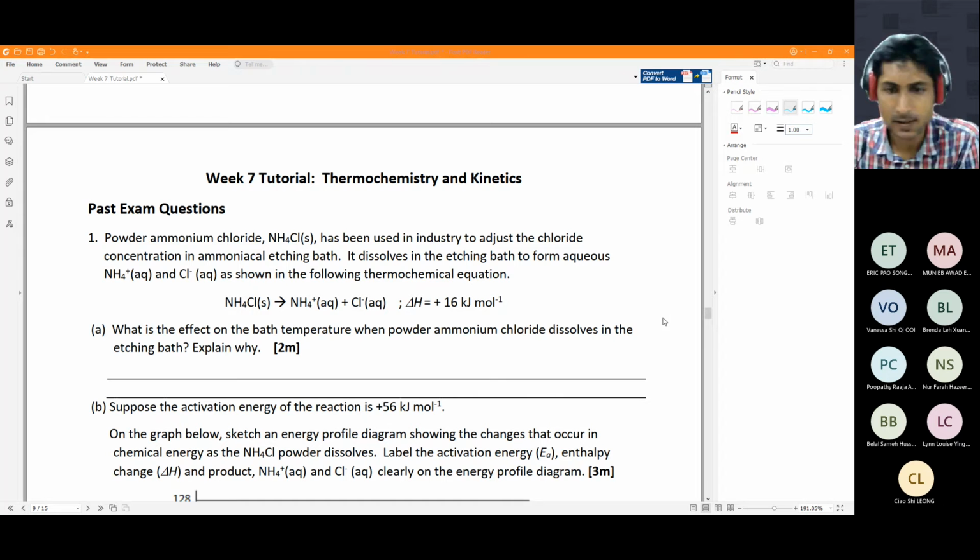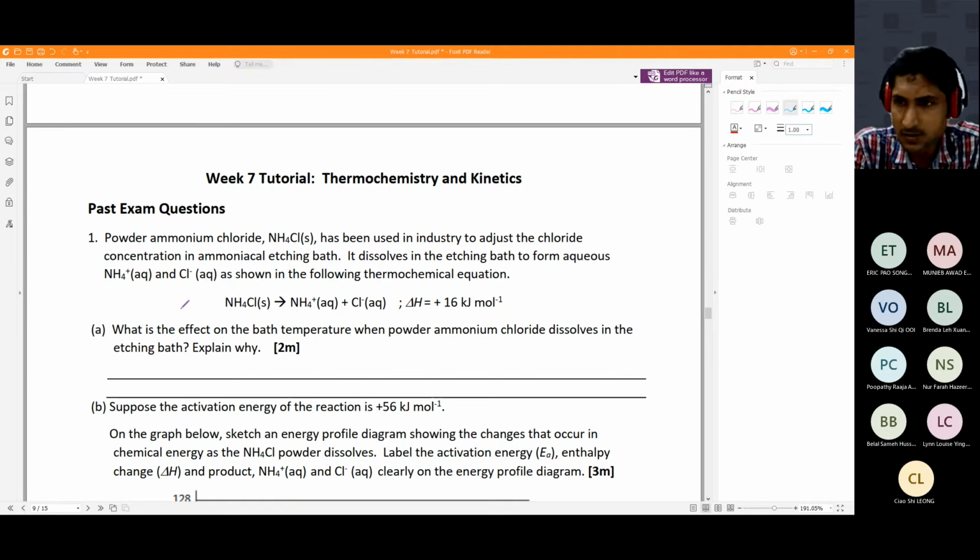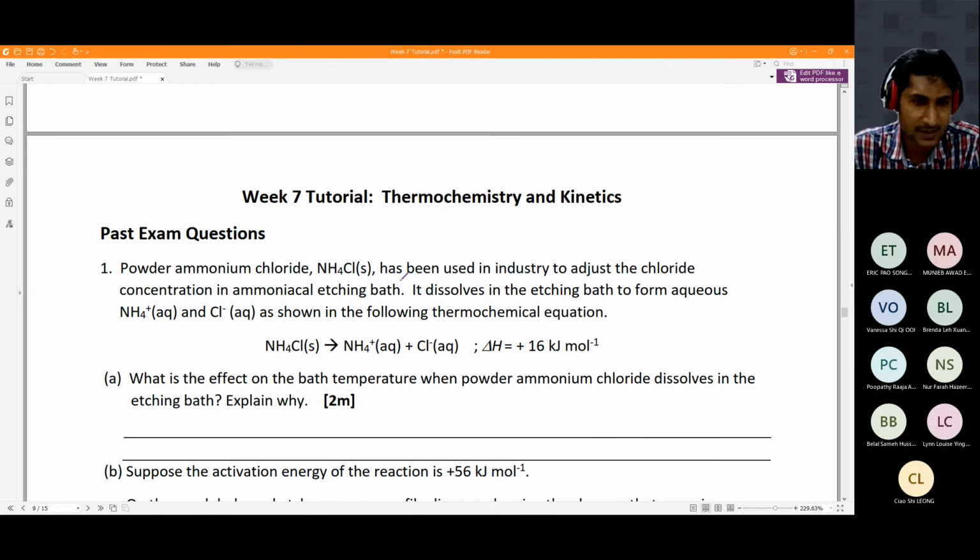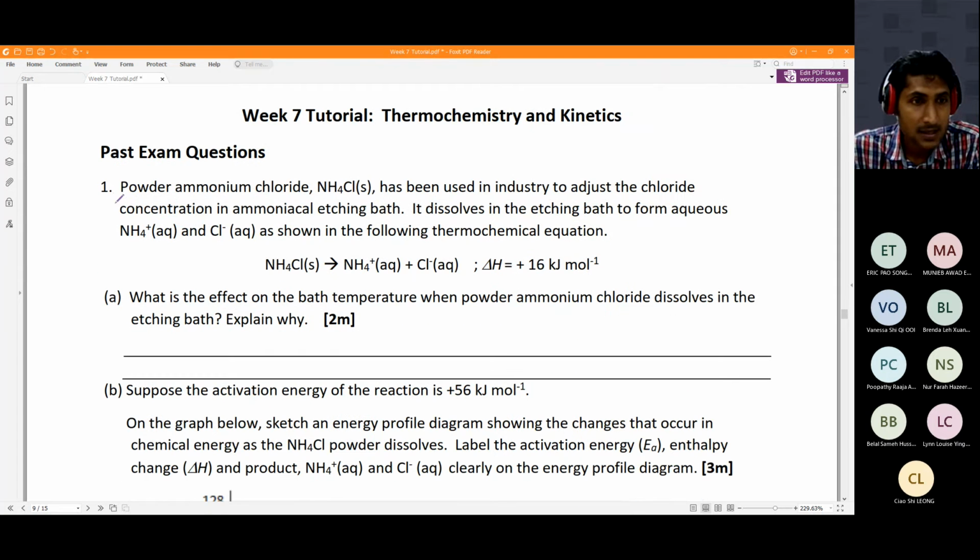Okay, I'm back here. So, a past exam question, we will be doing it quite fast. Actually, it's not much for a past exam question and quite easy. Actually, it is easy. That powder ammonium chloride